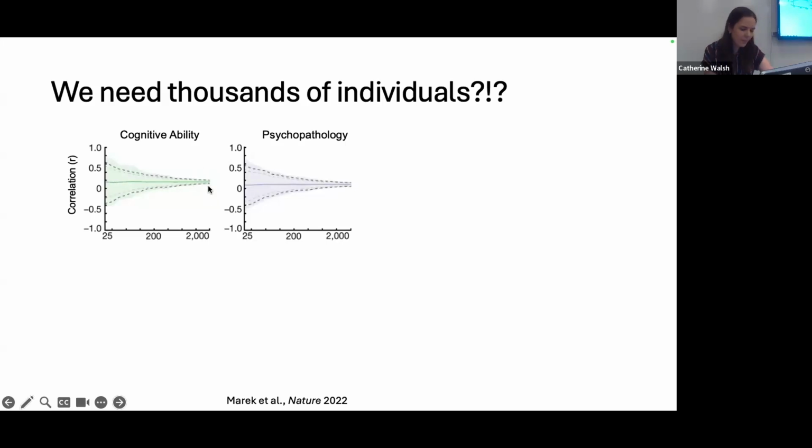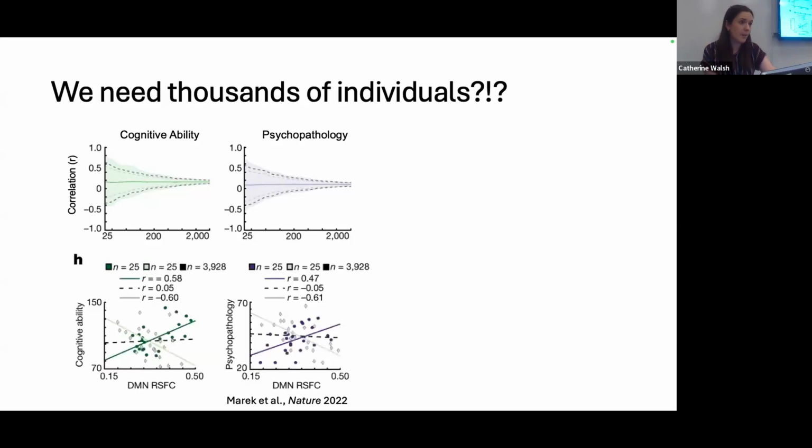stable mean. They took this further and showed that you can pull specific samples of 25 subjects, so things that we might see as a sample size in fMRI studies, and you can get drastically different effects just due to sampling. And so you can see here for both of these, we have a light green line that shows this really strong negative correlation and this darker green line that shows a really strong positive correlation. And so just due to sampling variability, you can really get drastically different results, even if you can see